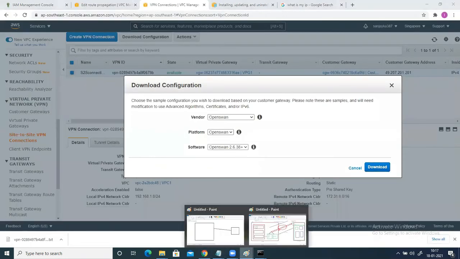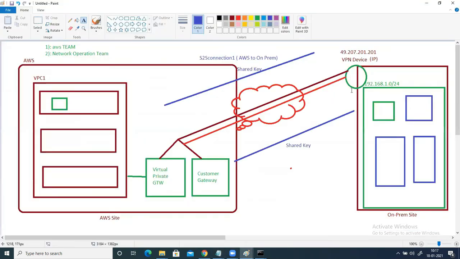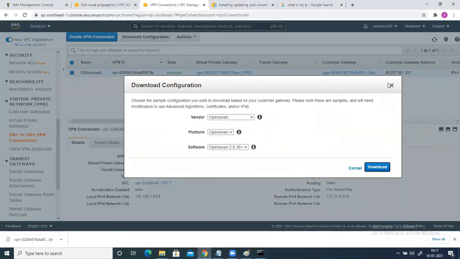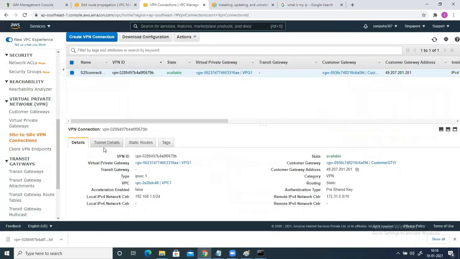And now the network engineer is going to initiate one connection from this VPN device to this AWS infrastructure in this direction. Okay, and in this configuration file you will also have the shared key, same shared key. You will also have the information about the network. So everything has been consolidated inside that file, and that will be used by the network engineer. So once this connection is done, the connection will be up here, site to site VPN will be up, and that you can verify by checking this tunnel detail.